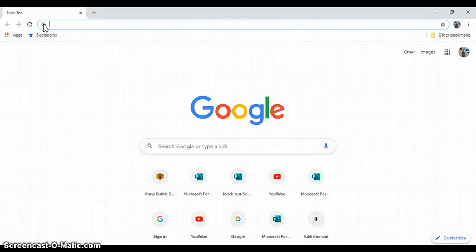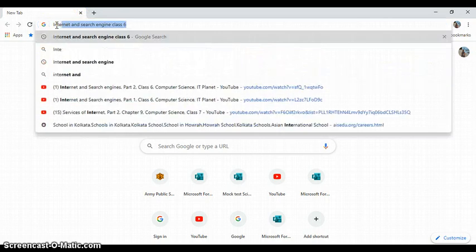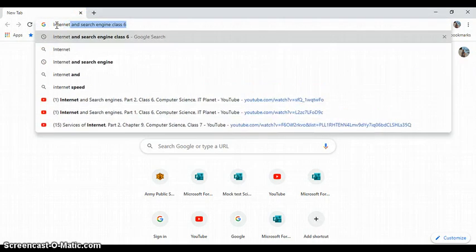It will automatically make a list of your search terms. Whatever you want to search, it will automatically make the list. So if I want to type, I'm not typing www.google.com here, I'm directly typing my search terms, like internet.